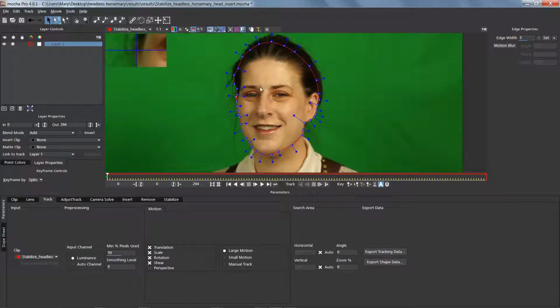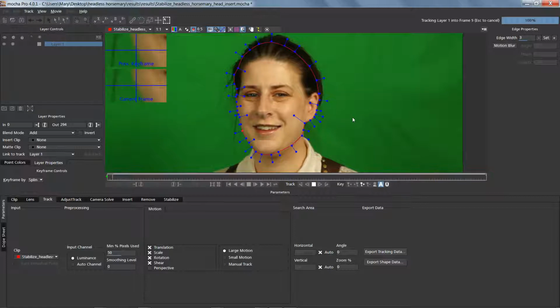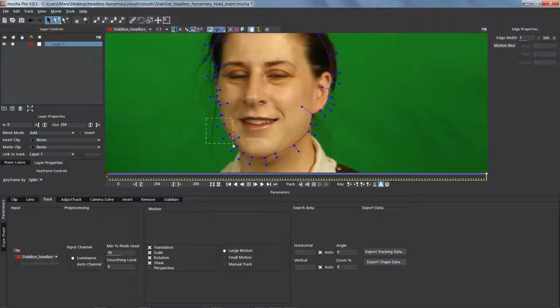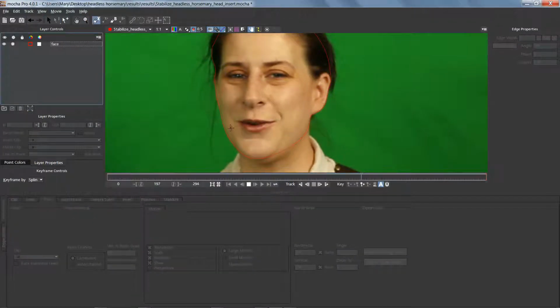So we're going to adjust the roto exactly where we want it to be, and then we're going to have Mocha do all the work for us. So we're just going to track translation, scale, rotation, and shear. We're not tracking perspective because we're not moving in perspective, and we don't want Mocha to think that information is there. The next thing I'm going to do is grab some points here and adjust everything,